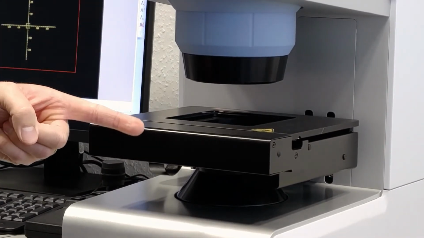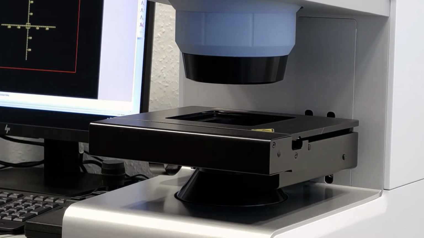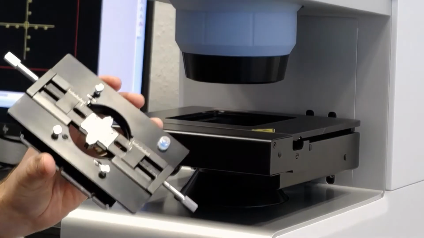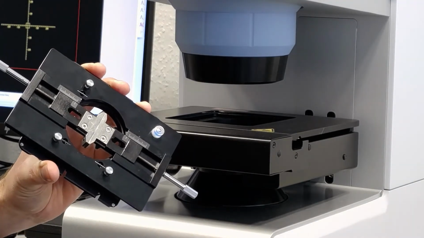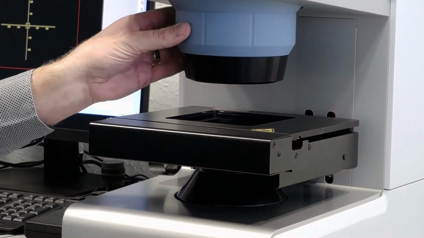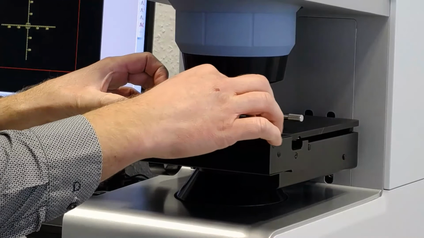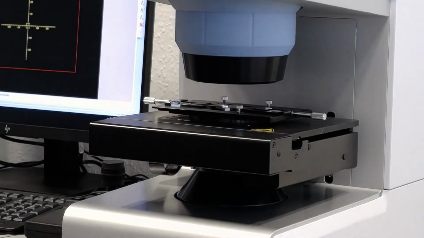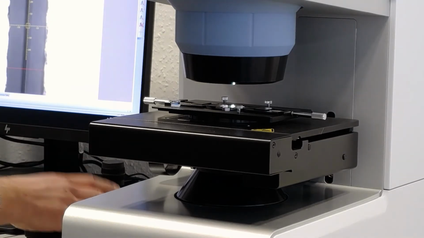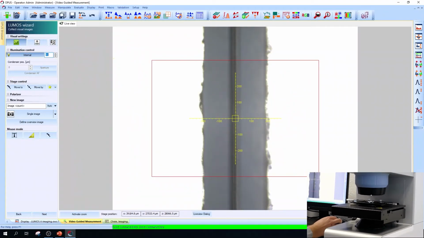This is the flat and even sample stage where we can now put in this kind of sample. It's shiny, like so. Now you can see it. So we have the objective on the top side, we have the stage here, and now we bring in this accessory and have it fixed in our beam path here. Then we go to our microscope, switch on the light, and now we have to make use of the joystick to focus on our surface.